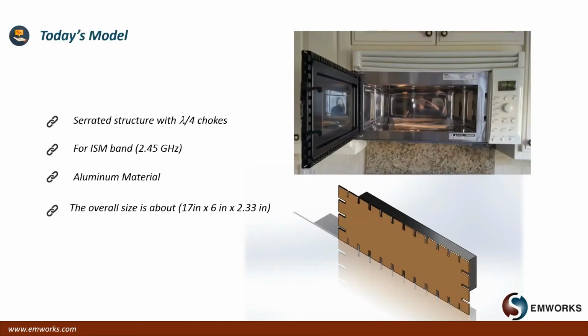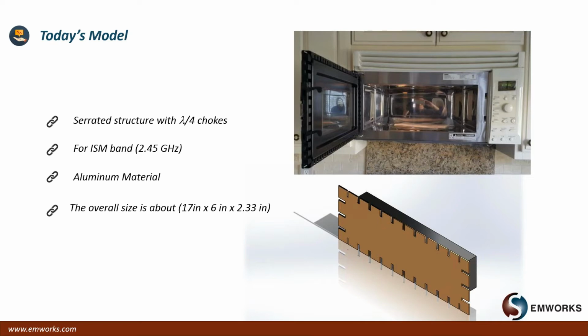The model that we'll focus on today is essentially the idea of reducing EMI emissions, which really relies on this basic concept of using serrated structures with a lambda/4 choke. If you look at the microwave door in the upper right corner, that real picture, you can see some of these structures in there, and their role is obviously to reduce emissions, and the results will convince you of the efficiency and allow you to actually quantify the efficiency of your